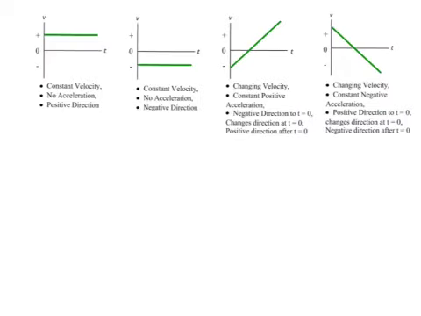Okay, so let's summarize then what we're getting from a velocity time graph. When our velocity time graph is a straight line, we're having constant velocity. So in this case of this graph, no acceleration. We're moving in the positive direction. We know we're moving in the positive direction because our line is above the x-axis. In this case, we're moving in the negative direction because our line is below the x-axis with, again, a constant